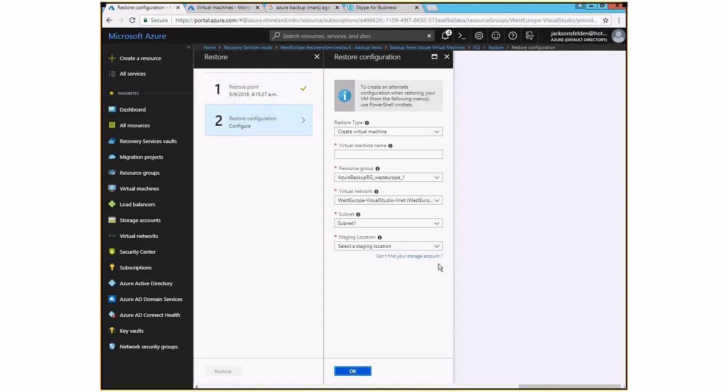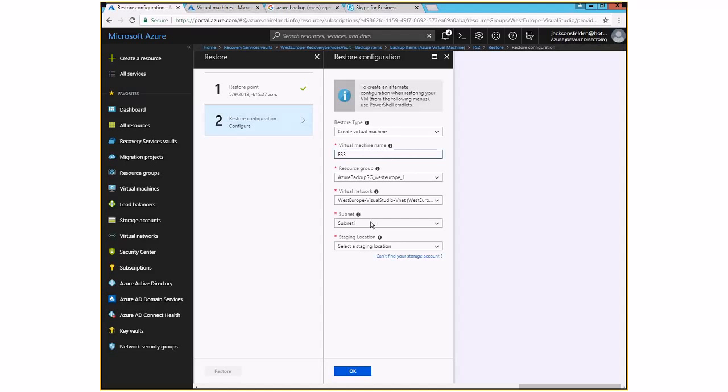Okay, and then, guys, of course, now I'm looking to restore the virtual machine. I could restore only the disks and create a new virtual machine later, or restore the whole virtual machine. I just need to set up a name. Let's say file server, let's call it 3, and then what is the resource group?